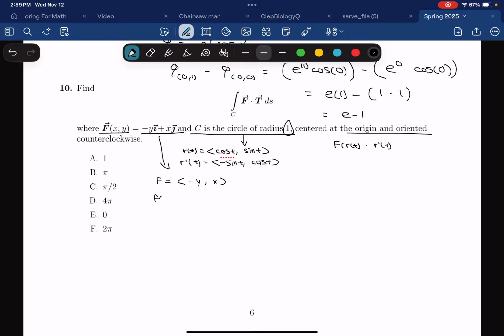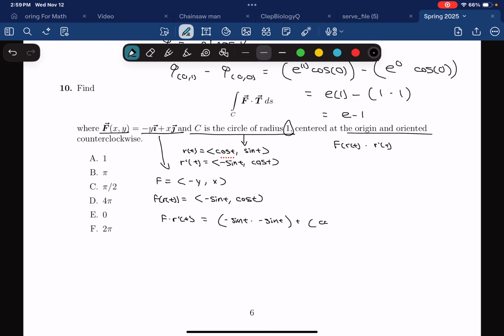And our f at r of t is simply equal to negative sine of t for negative y, and x is equal to cosine t. So once we do f times r prime of t, you get negative sine of t times negative sine of t